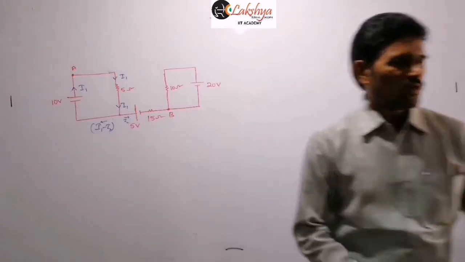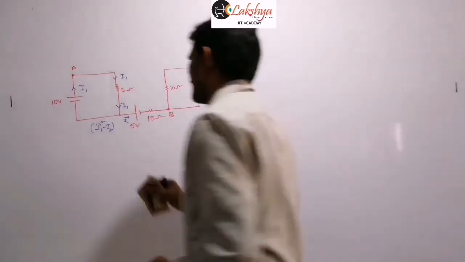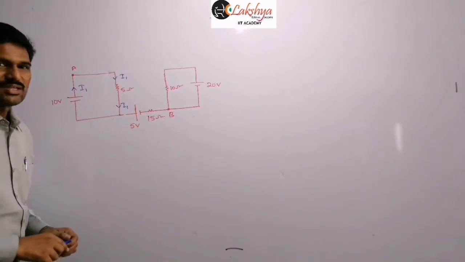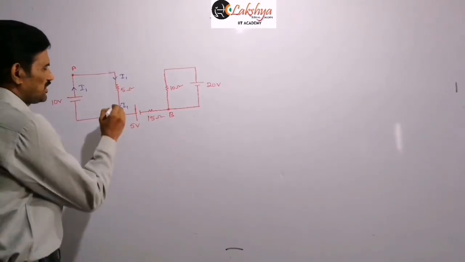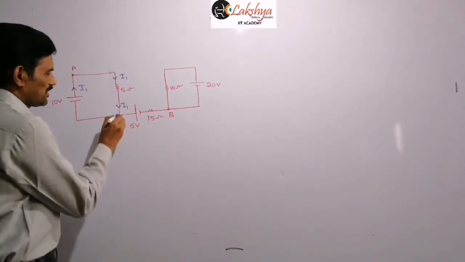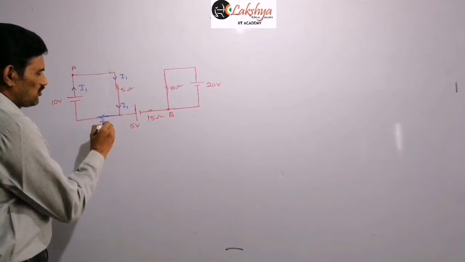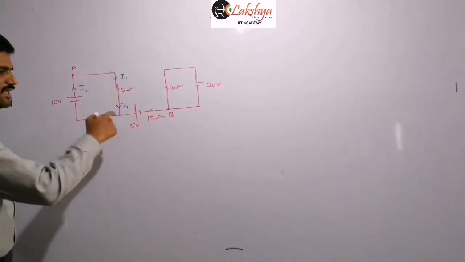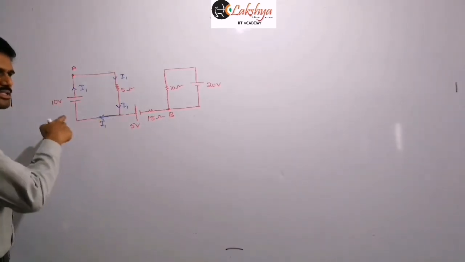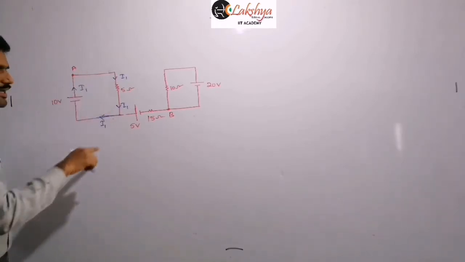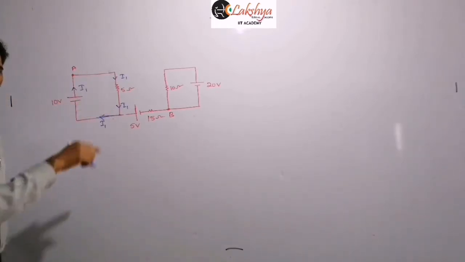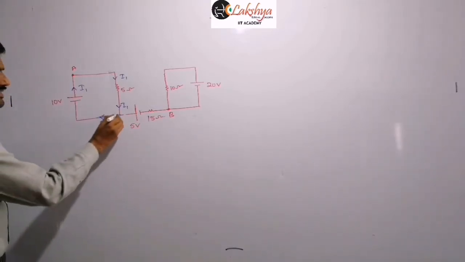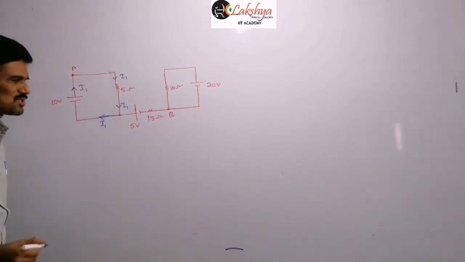Then our conclusion is that at this junction the current is not dividing. So division is not possible. The current I1 coming here, the same amount of current I1 will flow along this direction. Got it? If it divided, conservation of charge would fail, because the same amount of charge would not be entering the negative terminal. So division of current is not possible at this junction.